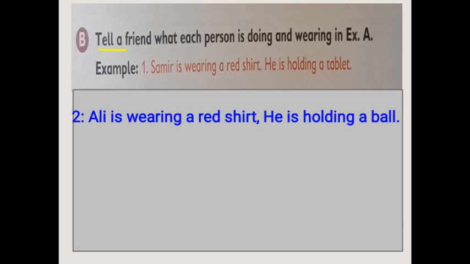Exercise B. Tell a friend what each person is doing and wearing in Exercise A. Instead of telling, you will write sentences. Like here you can see Samir is wearing a red shirt. He is holding a tablet. Dear student, now you will take the next character and write about him or her. Like this, Ali is